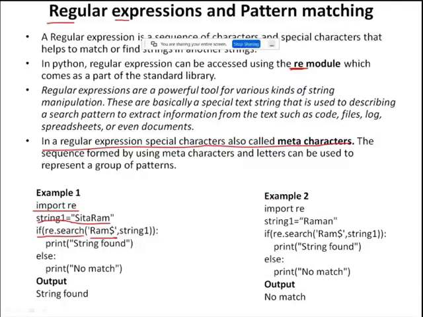The pattern is Ram dollar: RAM are the characters and the dollar is a special character, a meta character. This entire quotation value we call a pattern.